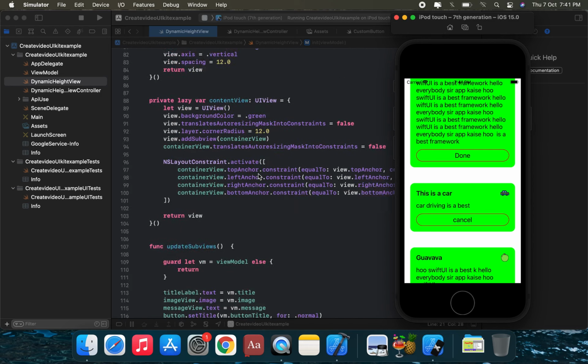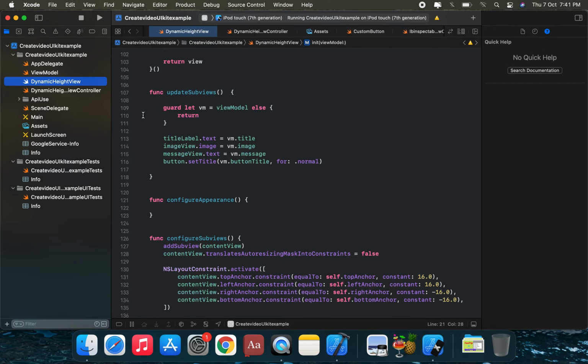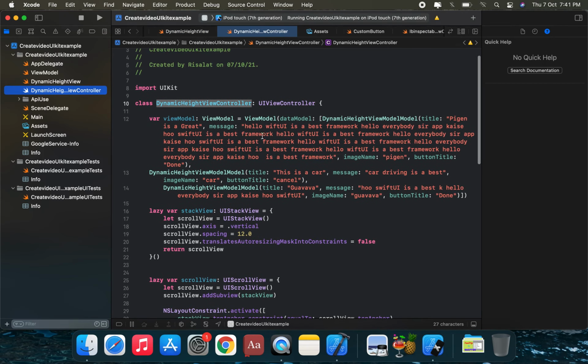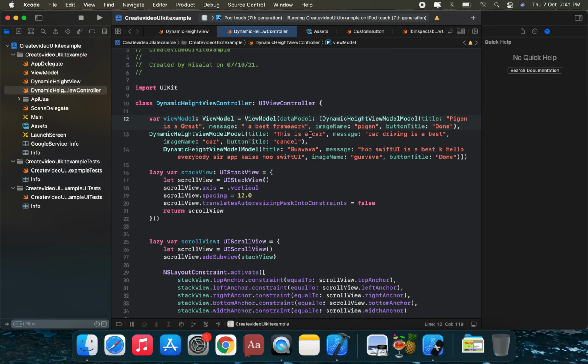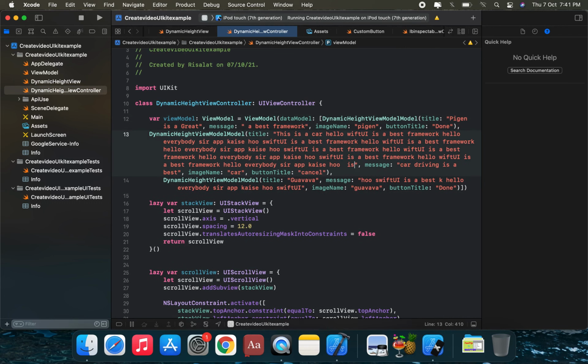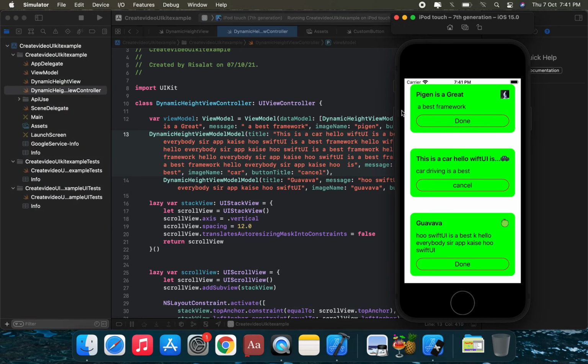So we're gonna add in this view controller. Suppose this is a small description. First card is command X, and we add this next card's description. Okay, so we're gonna run this application. This next card is the largest size, but the first card is dynamically sized.